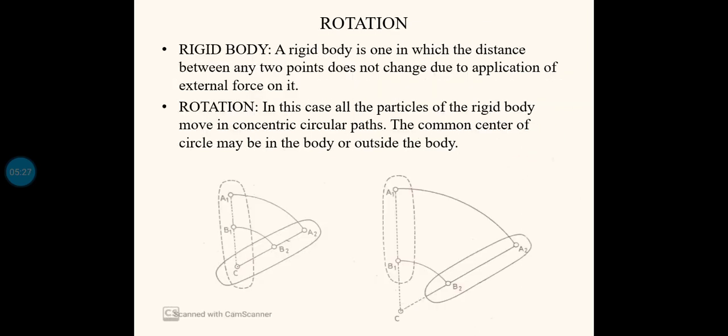In the case of 2D, I can explain the same thing with the help of a 2D figure also. Here you can see A1 is moving along a curved path to a new position A2. Now the angle between these two is theta. So this is the angular displacement in the 2-dimensional case. Usually the problems will be in the 2-dimensional case. We won't consider the 3-dimensional case. This much angle is the angular displacement, and it has to be measured in terms of theta radian. That is very important.